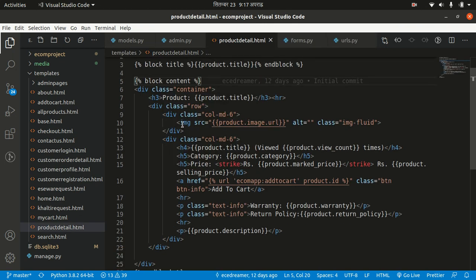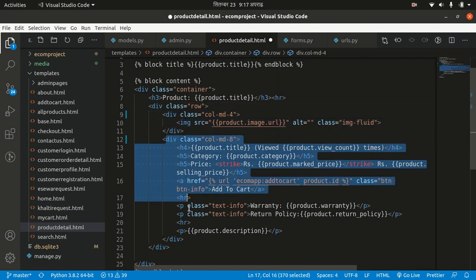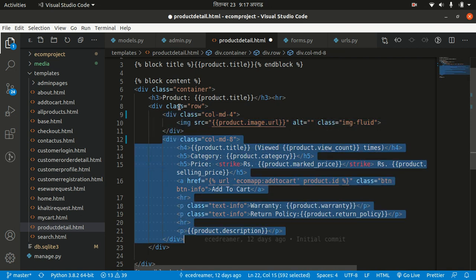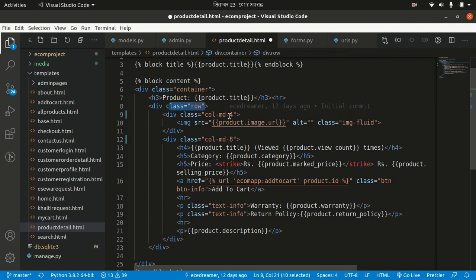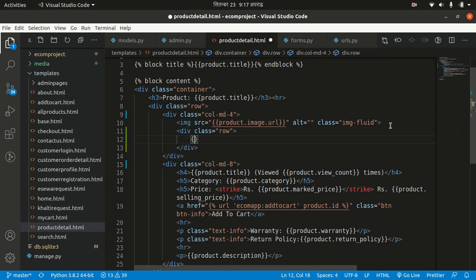So just below this image I want to show other images. First I want to modify this by writing 4 here and 8 here. These are the two columns of this row: this is the first column and this is the second column. According to Bootstrap, there should be 4 plus 8 equals 12 columns inside a row. So just after that image I want to make a row class here,